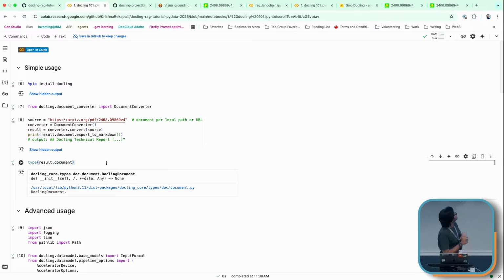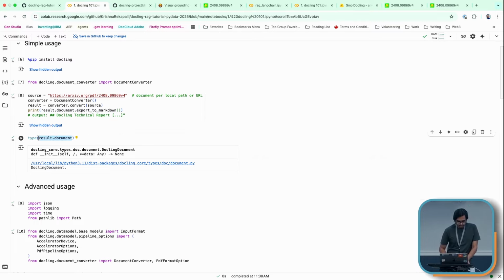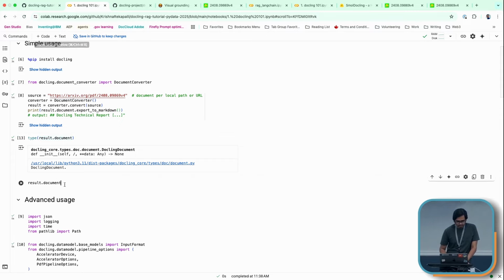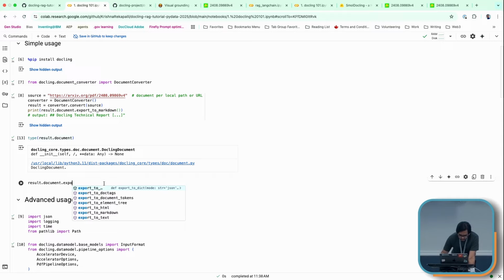One thing I also want to focus on is that once you parse and convert a document, the resulting document type is a Docling document, and if you do the element tree, maybe? Export to text. I think that would be the